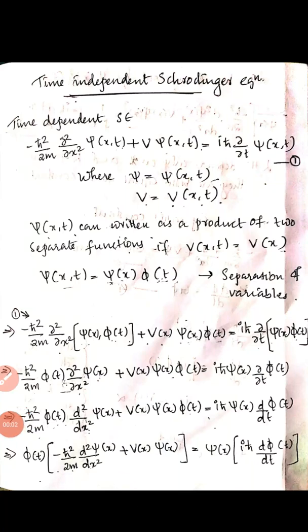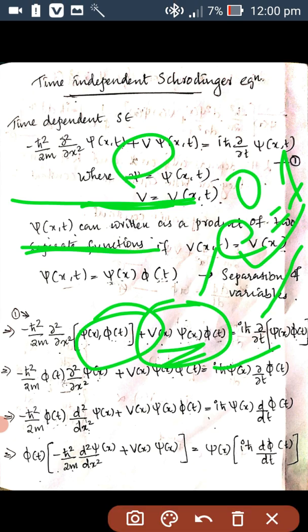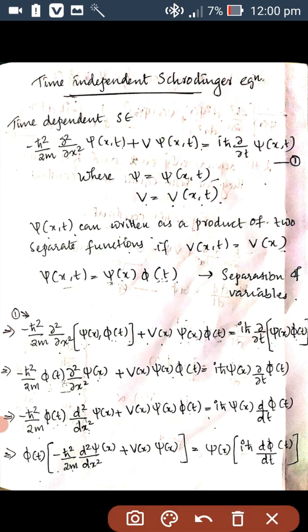Welcome students. Today's topic is the time independent Schrodinger equation, and we are going to derive this equation from the time dependent Schrodinger equation. And we know the form of the time dependent Schrodinger equation: minus ħ² by 2m ∂²ψ/∂x² plus Vψ is equal to iħ ∂/∂t